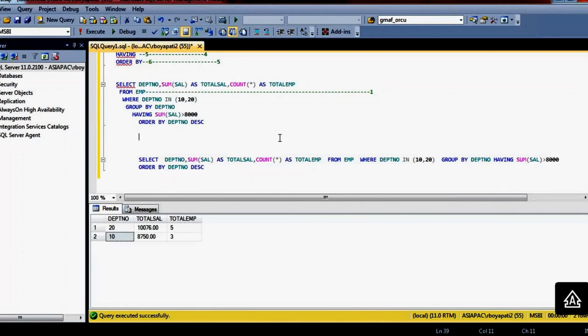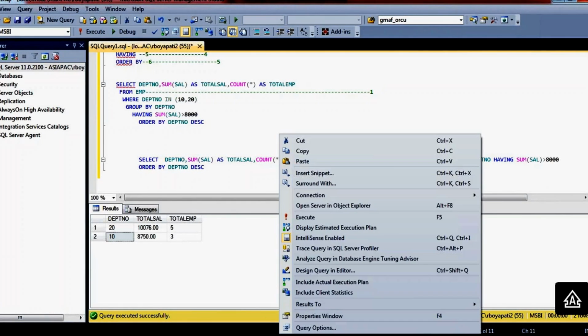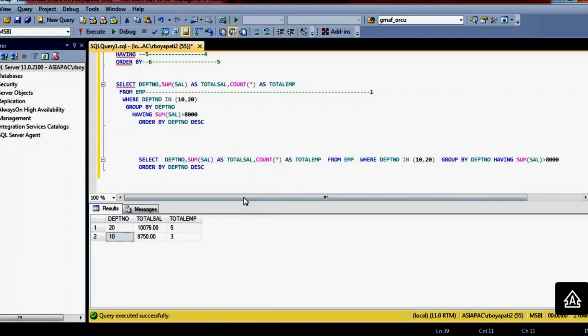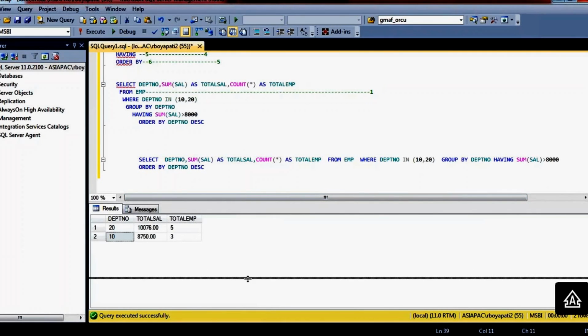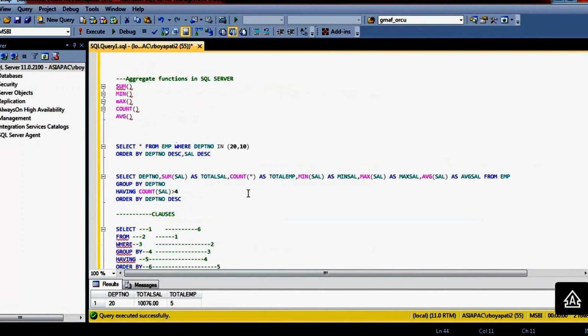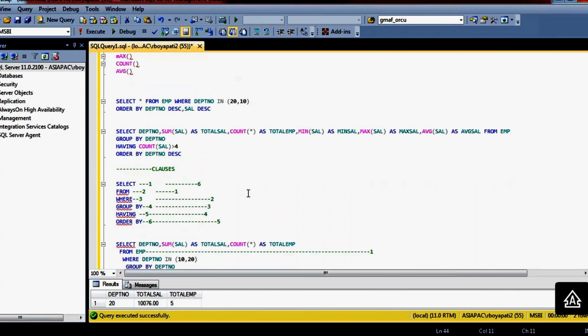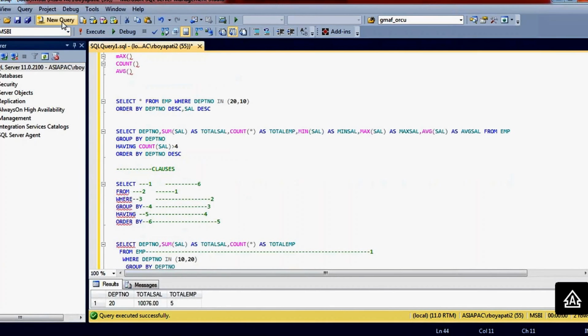Okay, so this is the order of the execution of a SQL command in SQL server. Okay, so these are the aggregate functions in SQL server. Okay, and these are the group by class, having class, order by class, and select.